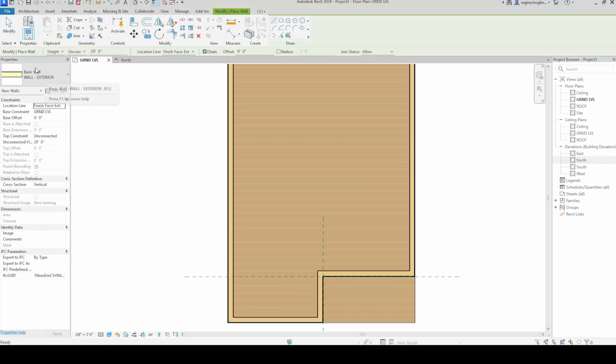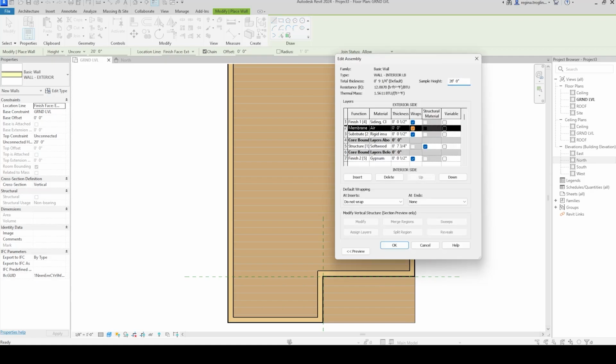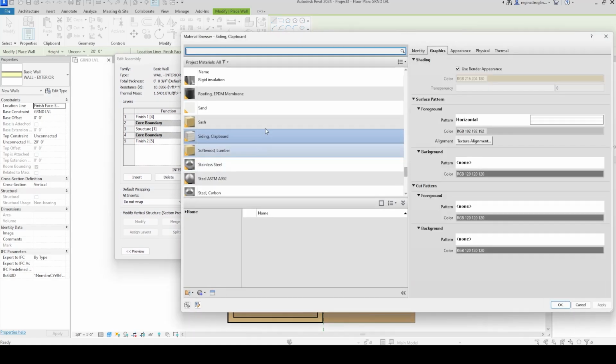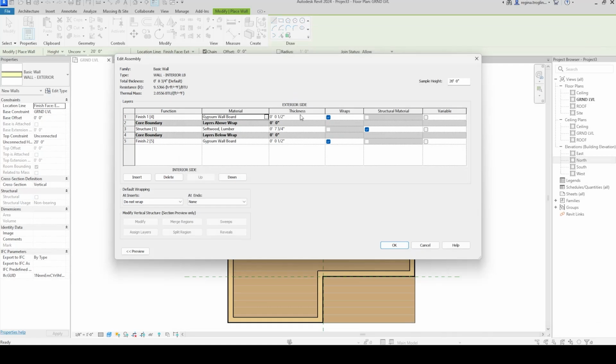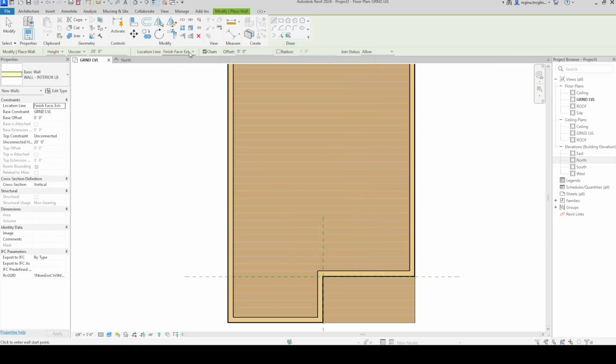You can reuse this because this is already technically set. So go Edit, Duplicate, Interior, LB. Go into here. We're going to take that membrane layer off and that substrate layer off. Come back over here. We want a GYP on this. Find our gypsum, already set to 1/2 inch because there's drywall on both sides. Boom, done. Now the other thing you do need to do is go back to your location line, change this to wall center,